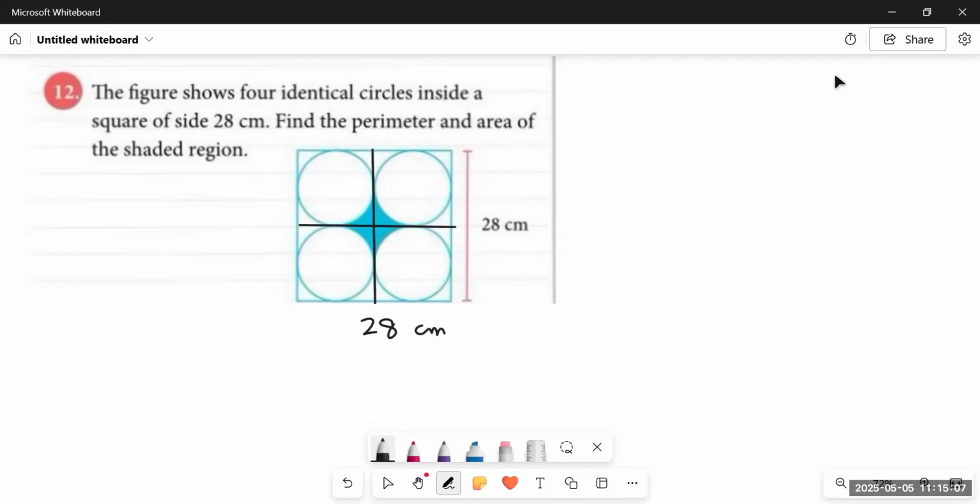So if we look over here, students, we will find that since 28 centimeters includes 2 circles, right? So this would be the diameter, right? And this would be the diameter as well. So both the diameters would be 14 centimeters each. And so their radii would be 7, 7, 7, 7. So if we talk about this part only, out of the 4 shaded parts, if we talk about only one shaded part, how many radii would it have?